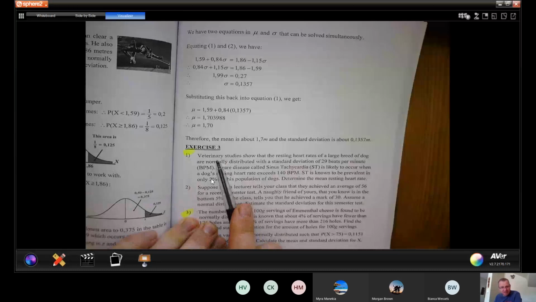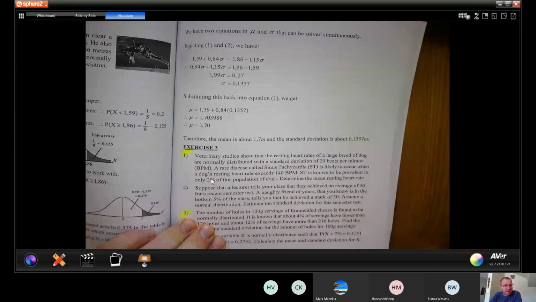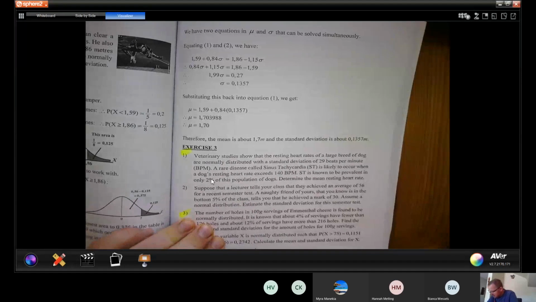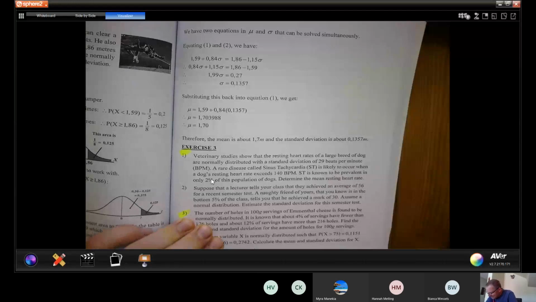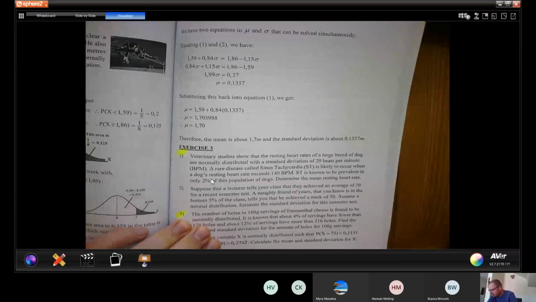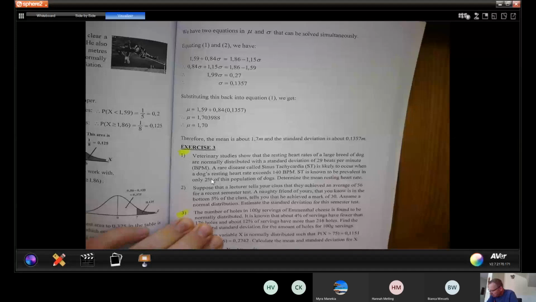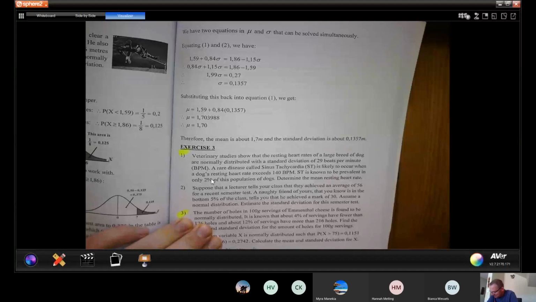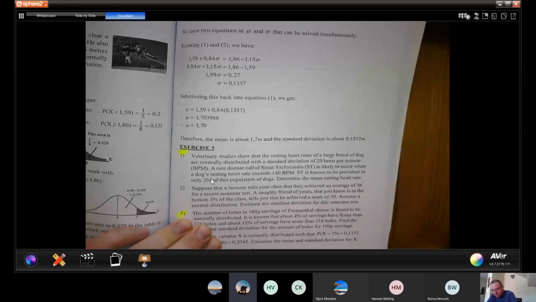So we're doing exercise 3, finding the mean and standard deviation of a normal distribution. Veterinary studies show that the resting heart rates of a large breed of dog are normally distributed with a standard deviation of 29 beats per minute. Can we have quiet in the background, please? A rare disease called sinus